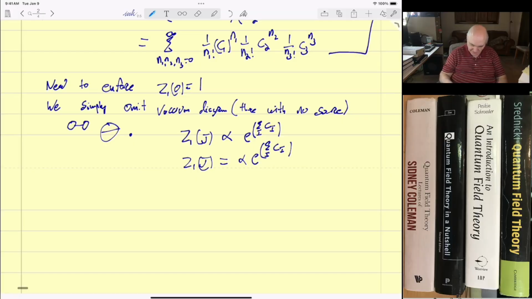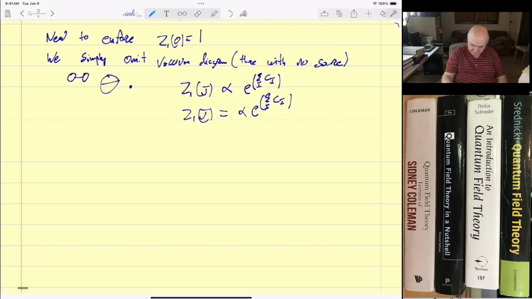And we can write this as Z1(J) is equal to alpha times e to the sum over I unequal to 0 of CI plus the sum